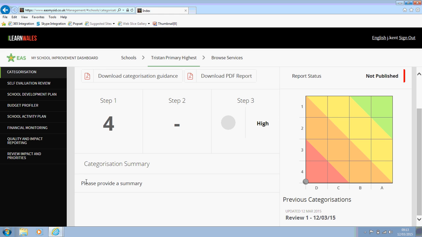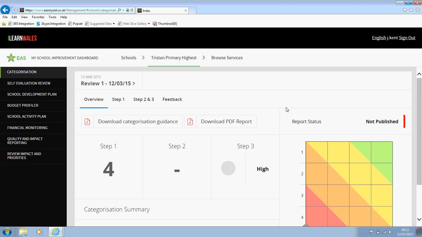I can then read the summary that the challenge advisor has provided, but I'm not able to edit that particular section. You'll notice that what I can do is at the top of the page I can download the categorisation guidance, which is a PDF on the categorisation guidance provided by Welsh Government for reference. And what I can also do is I can download the PDF report, which shows the summary that's been provided by the challenge advisor. So if I just click on the download PDF report button first,